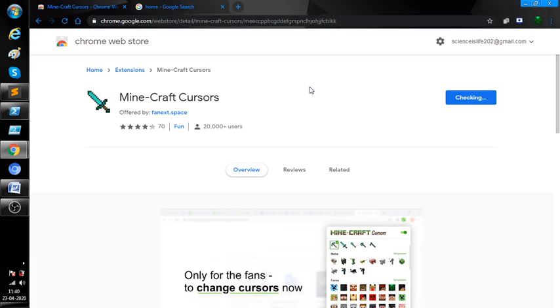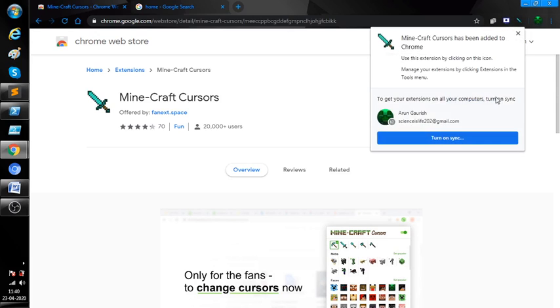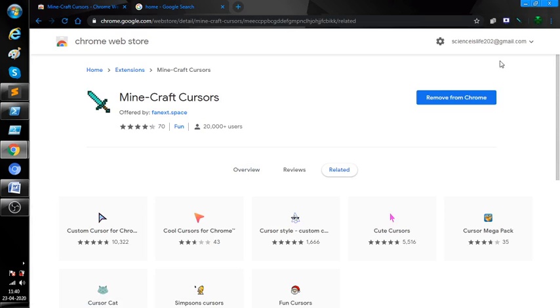So I've clicked on add extension. Soon there will be a small image over here with the diamond sword. And once I click on that, there will be a drop down box. The first time you use it, there might be a little lagging, but the second and third time onwards, it's totally perfect. Yep, it's been added.